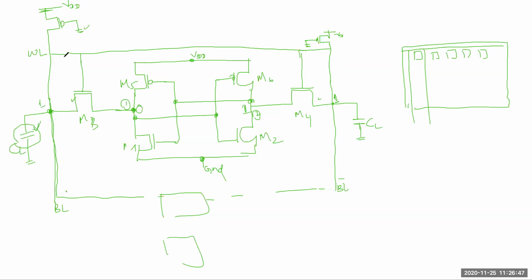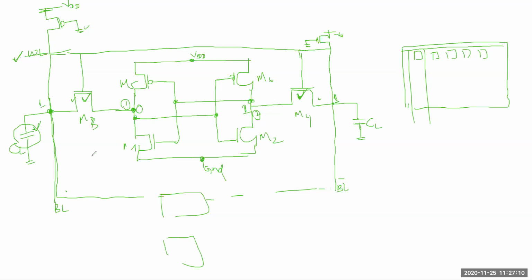So after that what will we do? We will give a high to the word line. So at that time this will be on and this will be on. Okay, this will be on and this will be on. So now we are able to read the data. What is the data here? It's 0 and 1. So what data is there? We have to read. Okay.